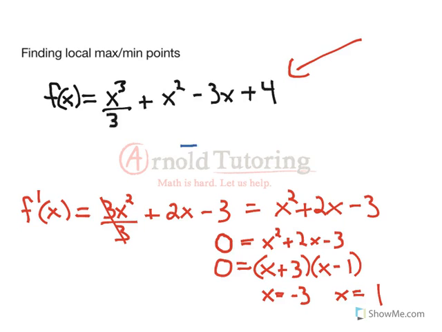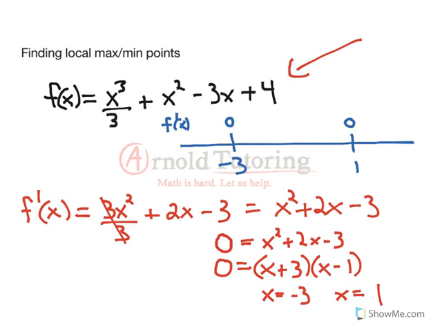So here is where we have to take a very important step and make a table, basically draw a number line. I'm going to put 1 over here, I'm going to put negative 3 over here. Those are the values that we found. And we know at these points f prime of x is 0. We found f prime of x, set it to 0, and at these x values that's where it's 0. Now what we want to do is test the first derivative